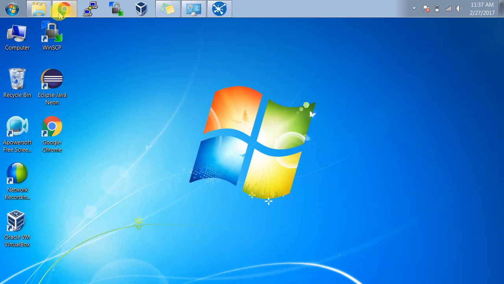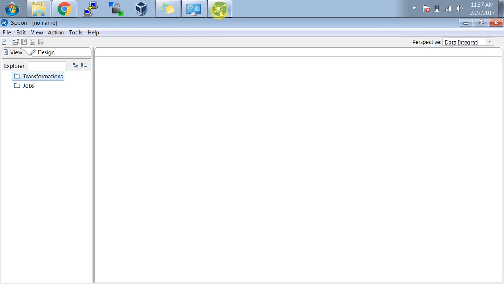In this tutorial I will be explaining how to import data from a CSV file, like any flat file. If you want to import data from any flat file, first open Pentaho, then at the top of the screen press the new file button and create a transformation.